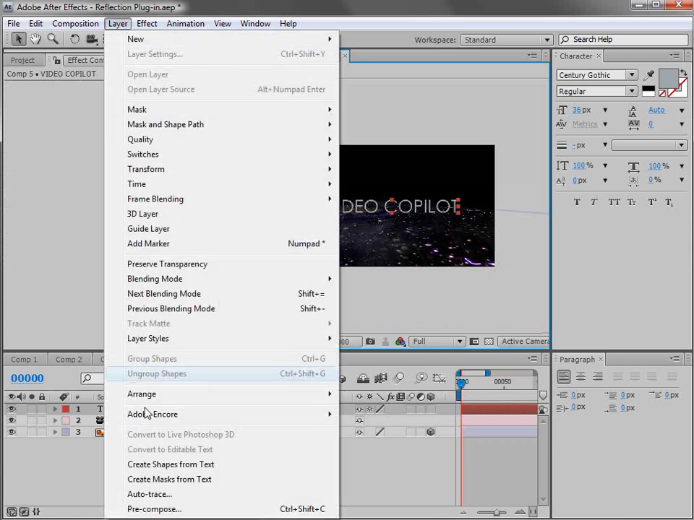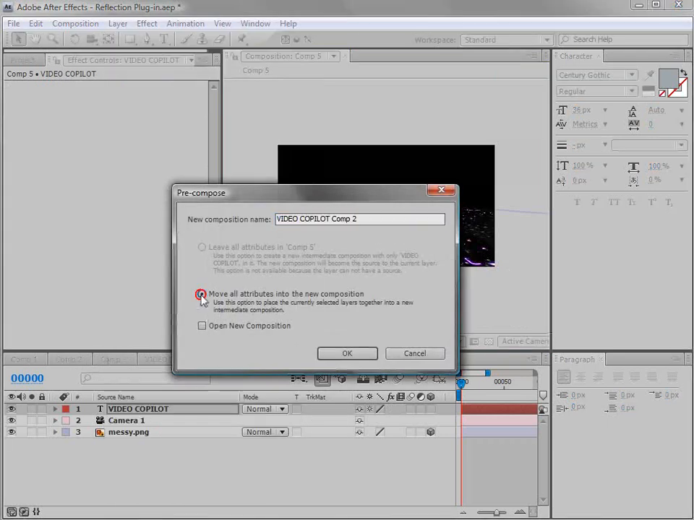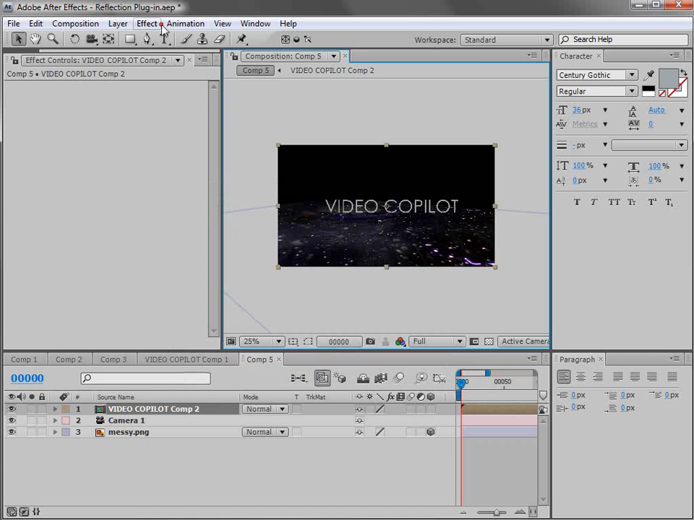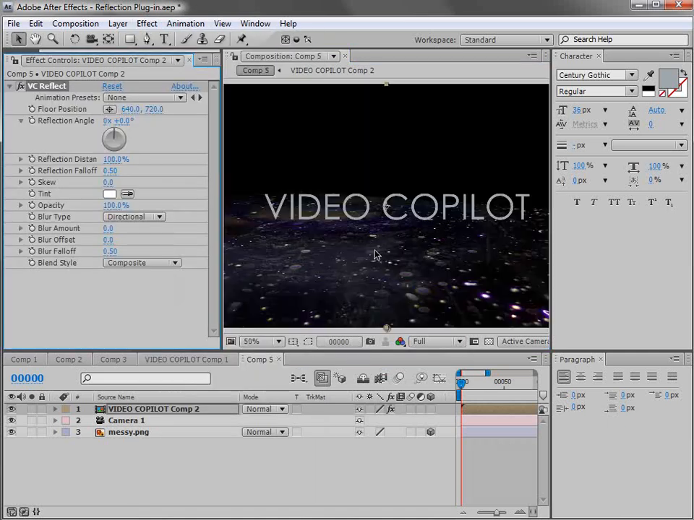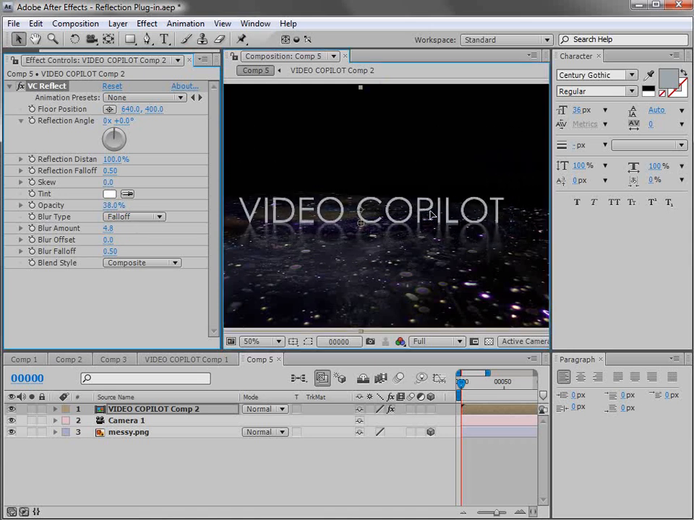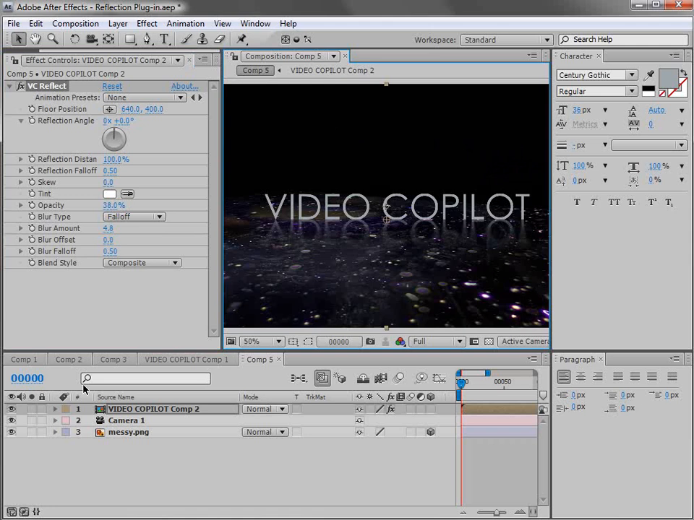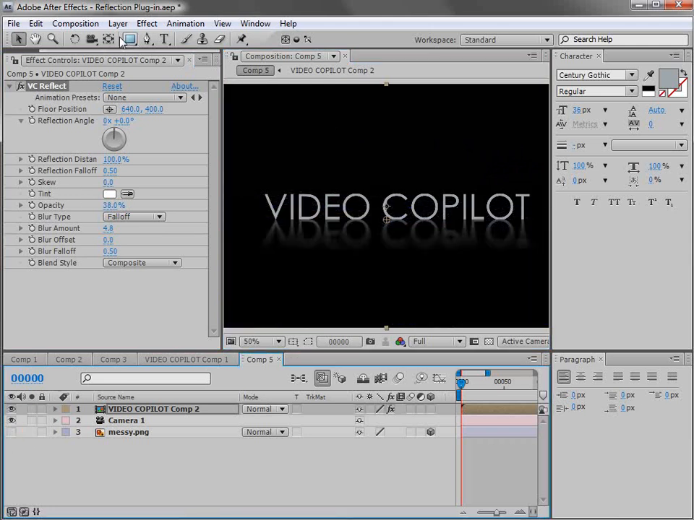So we'll choose Layer, Pre-compose, move all the attributes, and hit OK. Then when we add the reflection plugin, we can move it up, bring the opacity down, maybe turn the blur amount up, and we can move it around and we don't have any trouble. So before I use the texture here, I want to actually show you another example of just using